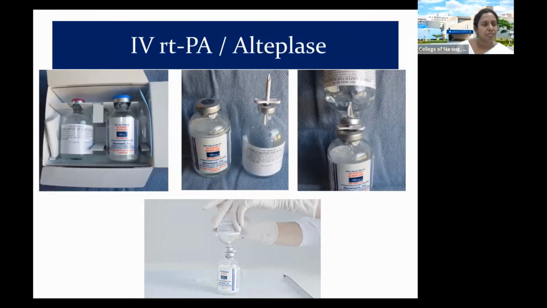A few things about this RTPA. We get it as 50 mg, 50 mg, and 20 mg are the available forms of this injection. The 50 mg vial MRP is 43,467, and CMC patients almost pay 42,000 for a 50 mg vial. So like I said, if a patient requires 54 mg, we have to use a 50 mg and a 10 mg or a 20 mg vial.